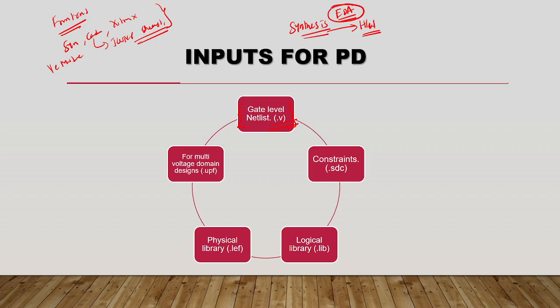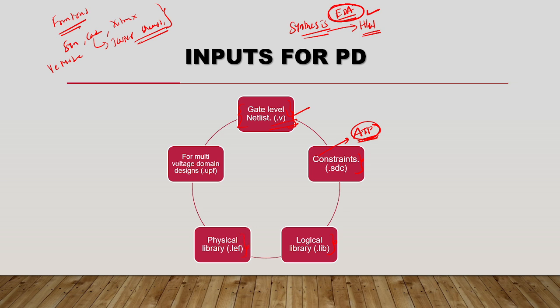Why are you using EDA tools? I told you, you are working with some tens or hundreds of millions of transistors fabricated within an IC. Manually it's not possible, with tools only it's possible. So we, the VLSI engineers, give guidelines to the tool so that the tool will work. The input for PD is the .v file, that is the gate level netlist. I told you about the constraints. What are the constraints? ATP: area, time, and power. These are coming from the synthesis people.